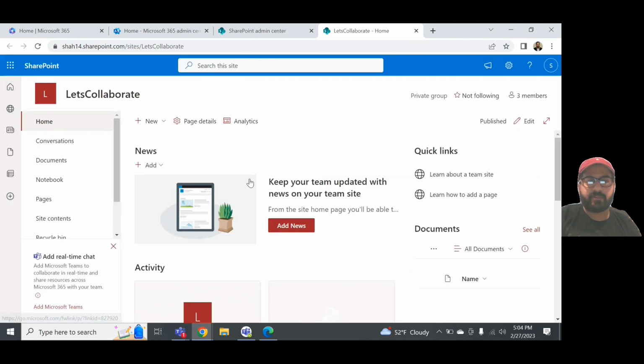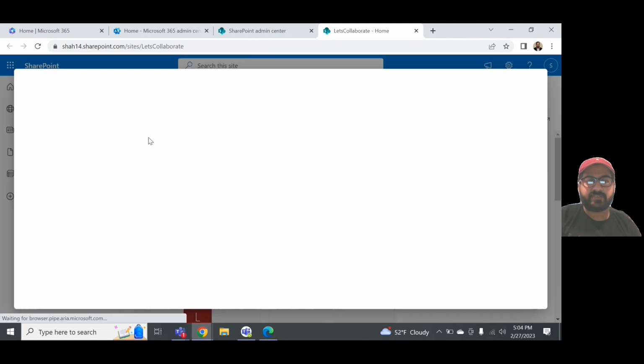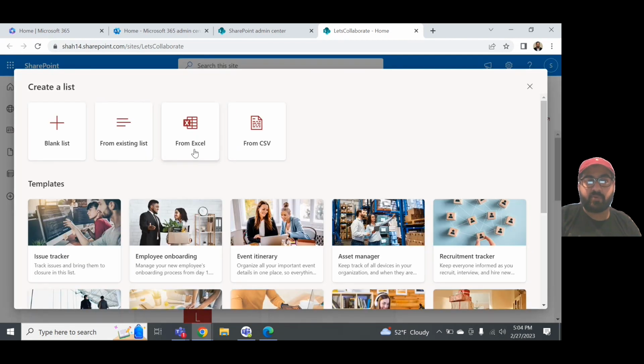Actually, before I talk about that, I also want to emphasize that you can also export from Excel or from a CSV file as well. If you are tracking something in an Excel spreadsheet and you have a ton of data and you're wondering how do I pull this information into a system, then a list can be a pretty useful and quick way to get everything in a system